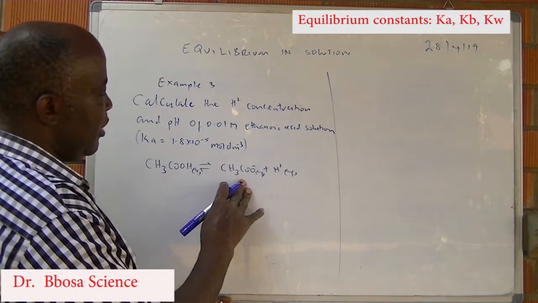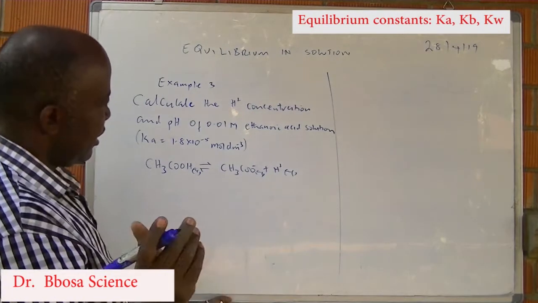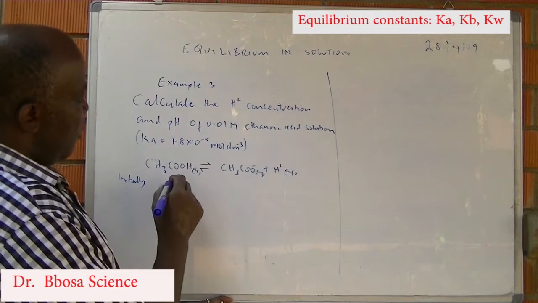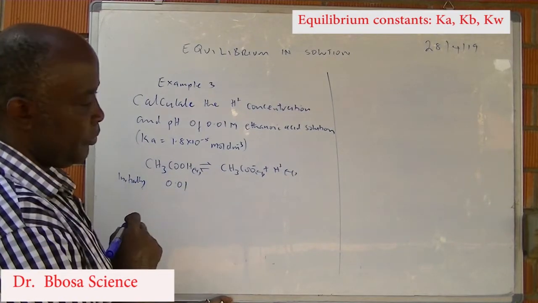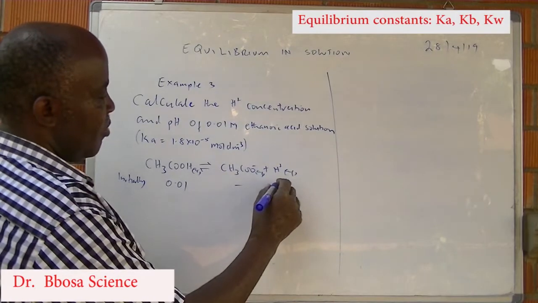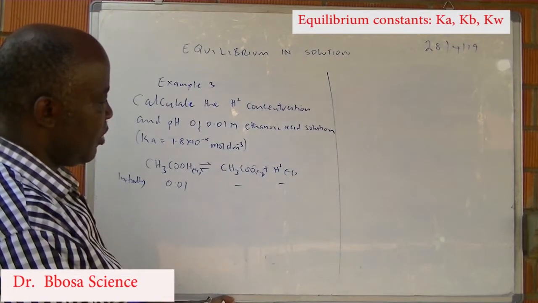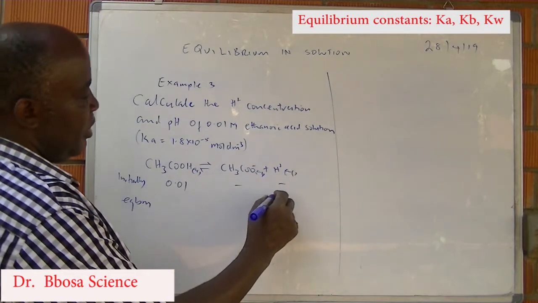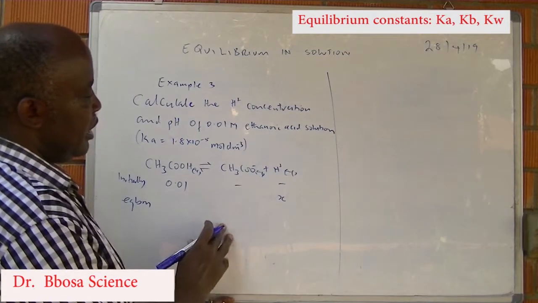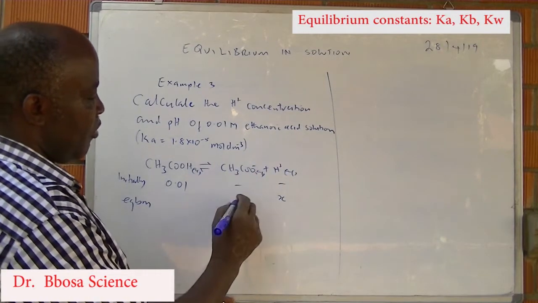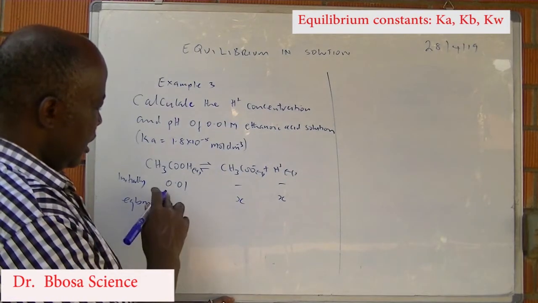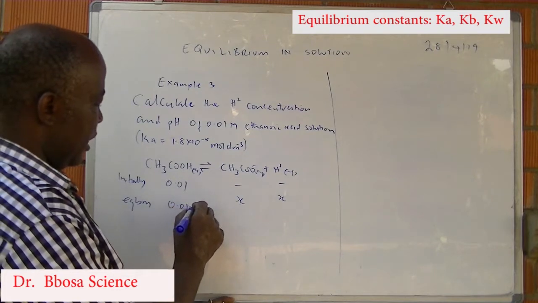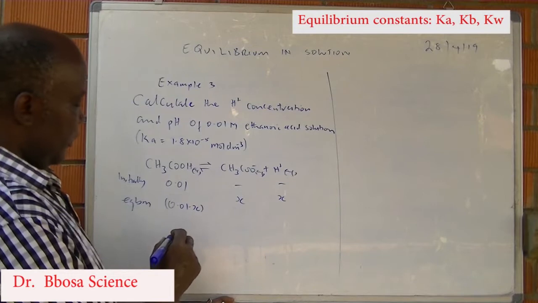Ethanoic acid ionizes to give ethanoate ion and hydrogen ions. So that is telling us that initially we have 0.01. We have no moles of hydrogen ions, we have no moles of ethanoate ions. At equilibrium, assuming the concentration of hydrogen ions is X, the concentration of hydrogen ions is equal to the concentration of ethanoate ion, which is X. The concentration of ethanoic acid will be equal to 0.01 minus X. So Ka